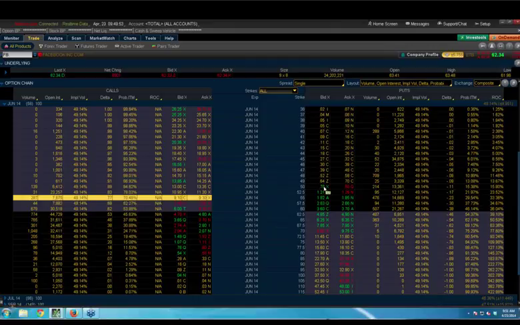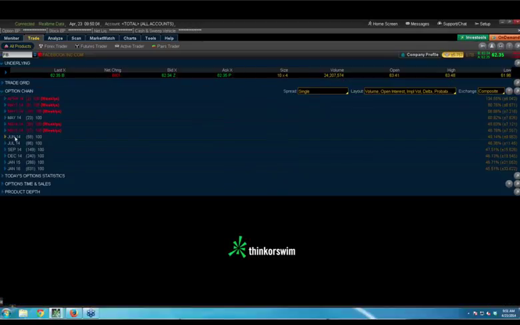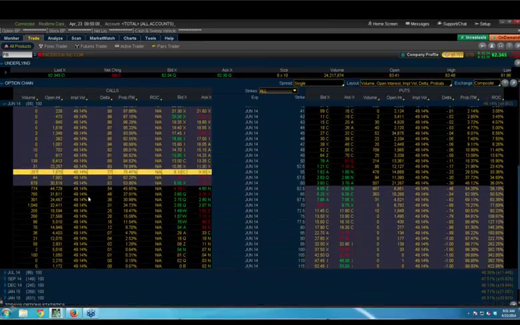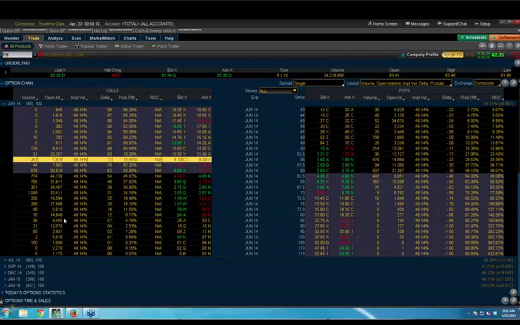Maybe the other options decay as well and prices don't really do too much. We can still create a profit if we're wrong and adjust that position to buy ourselves more time. So, if this was something that we thought was going to happen within 10 days and it didn't, at that time I would probably roll out to July, because you want to be proactive instead of reacting. Being proactive means that you adjust a position when it doesn't happen in your time frame, and buy yourself more time directionally.